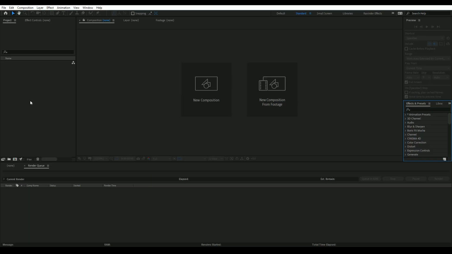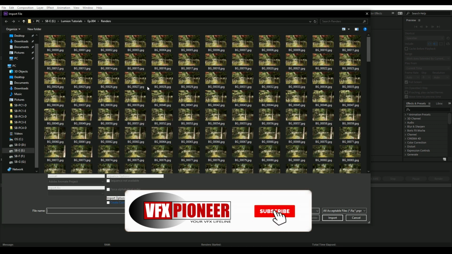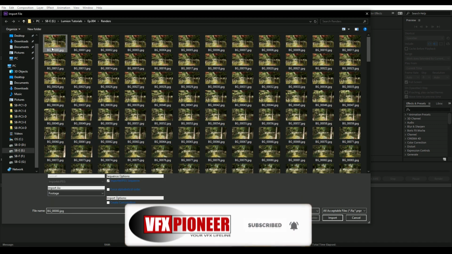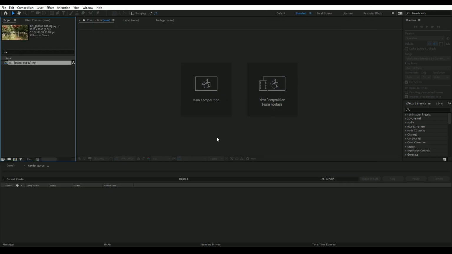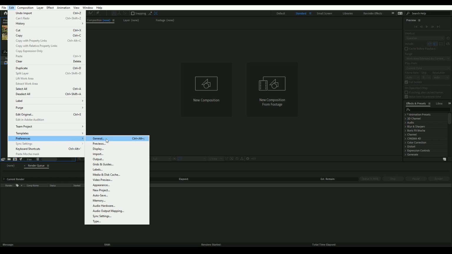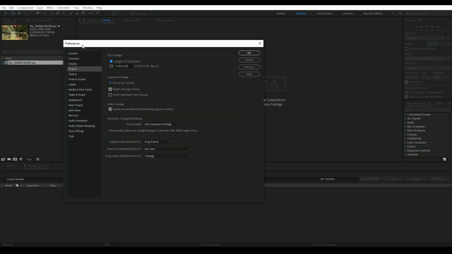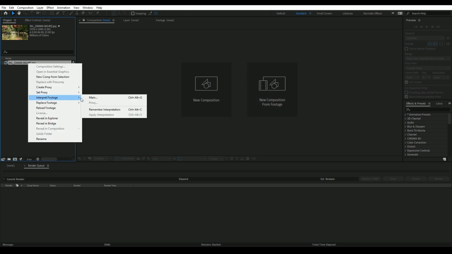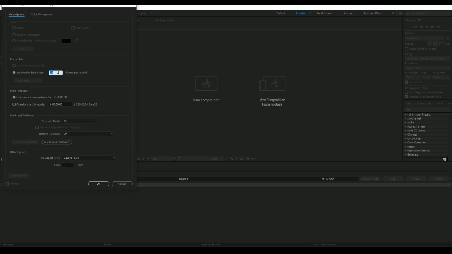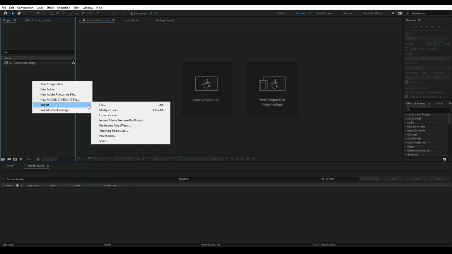Okay, so we are in After Effects. Let's import our render passes one by one. So first let's import the background, which is the main quality video. I have set the default frame rate for the imported image sequence as 25. You can do that under Edit, Preferences, and then under Import you can set that frame rate to 25. So you don't have to go to Interpret Footage and change the frame rate again for every footage. Alright, so once imported, let's import another pass,